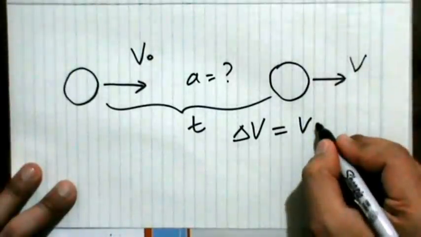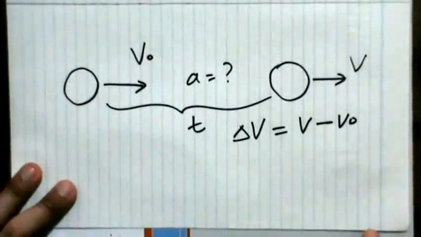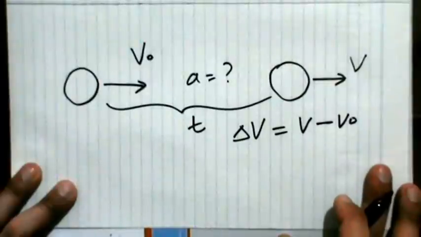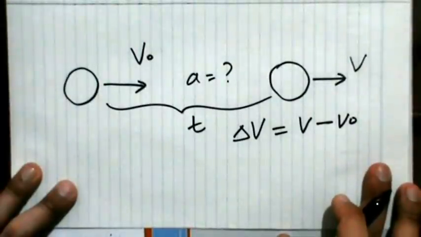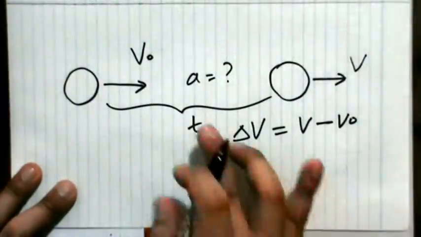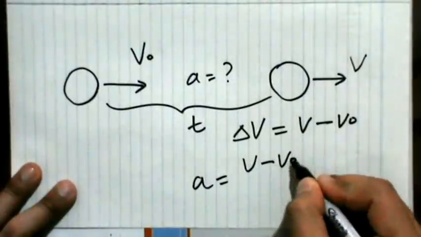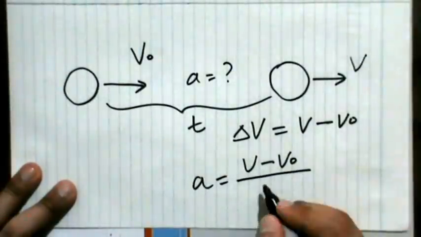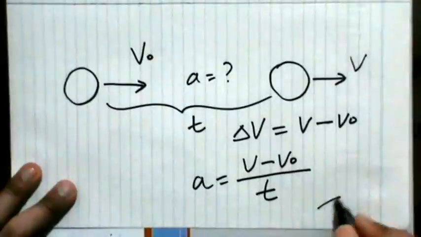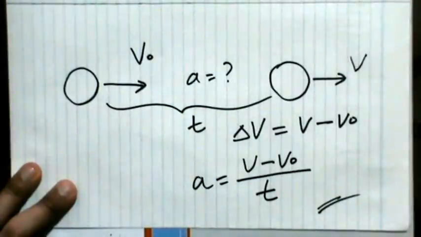It's v minus v0 as we solved in the previous problems, and the acceleration here is just v minus v0 divided by t. Of course, this is not the formula you need to memorize, and again, I also do not